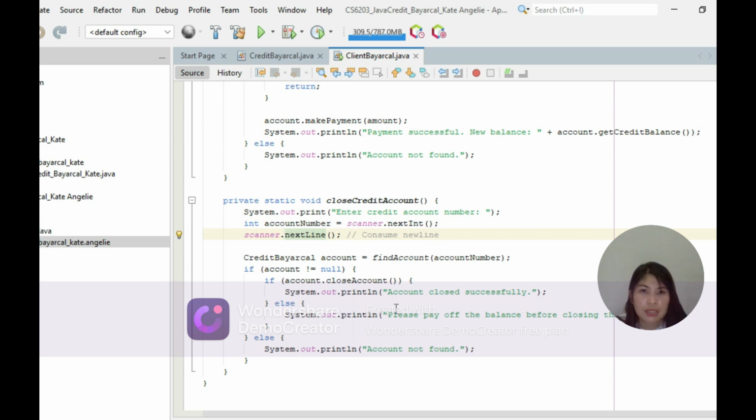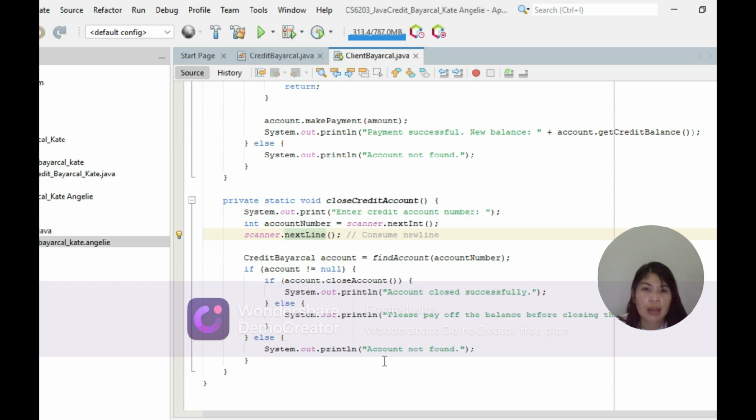So, System.out.println("Account closed successfully"); else, System.out.println("Please pay off the balance before closing the account"); and then the semicolon.